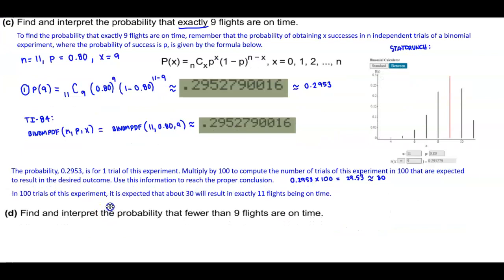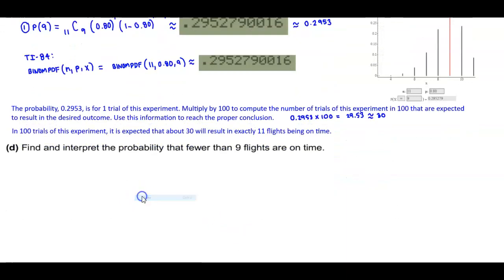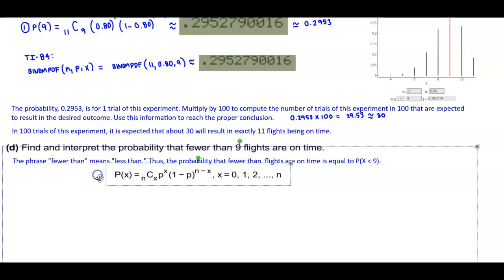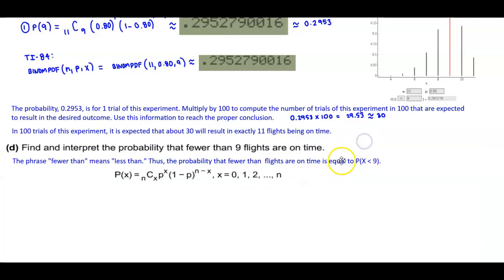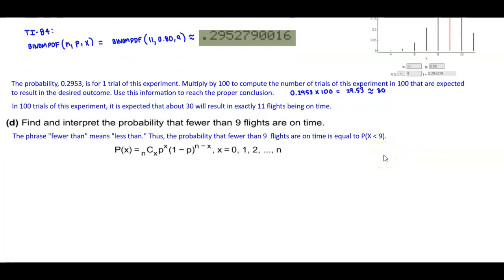Okay, part D, it says find and interpret the probability that fewer than 9 flights are on time. The important phrase here is that fewer means less than, and in this case, it's less than 9. So the probability that fewer than 9 flights are on time is equal to the probability of X is less than 9. So let's go ahead and write that out. That means you're finding the probability of X being less than 9,